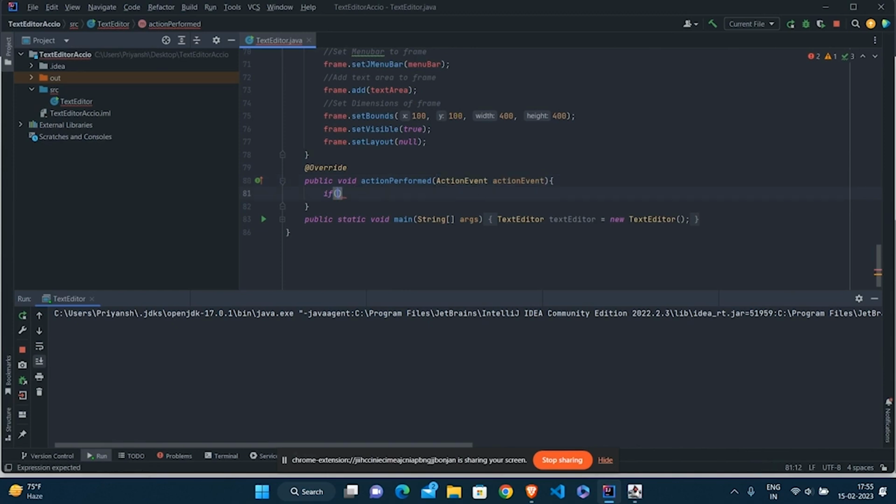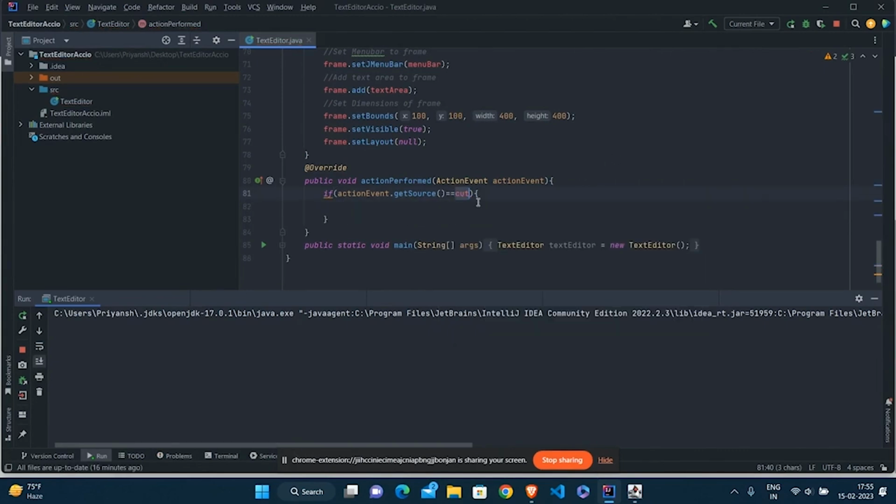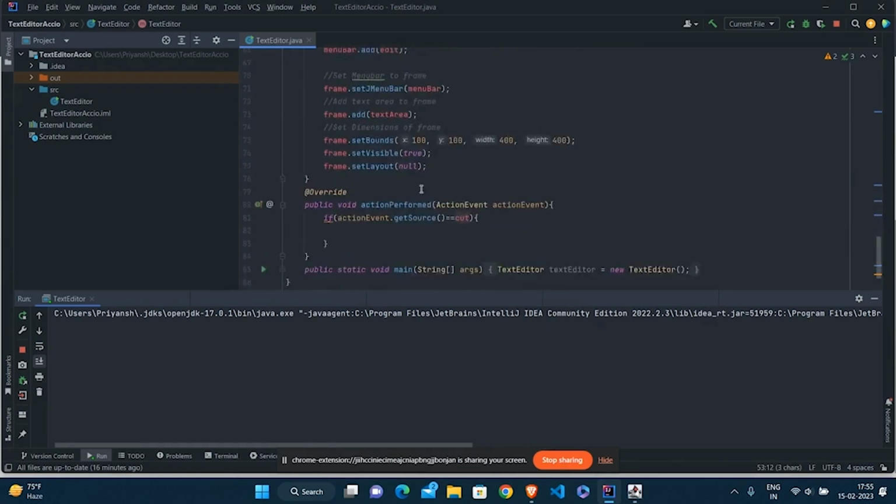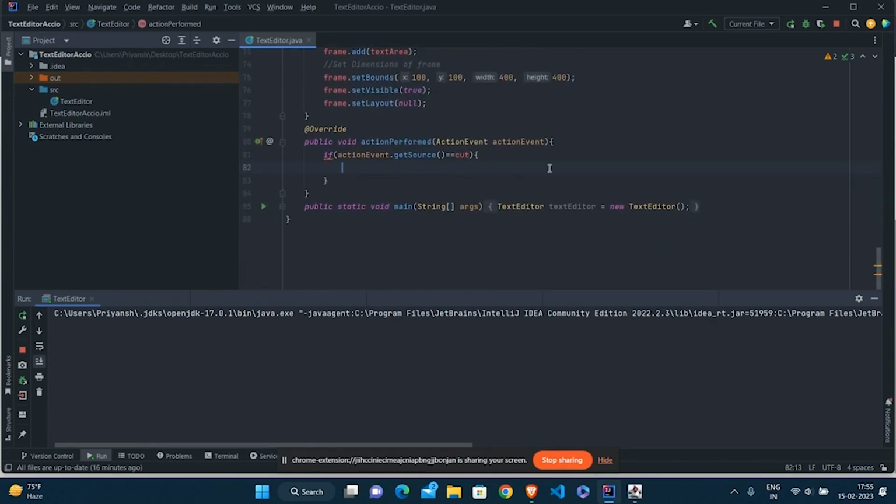Now what we need to do is action event dot get source. Suppose it is equal to the cut JMenu item, then we need to perform the cut operation.